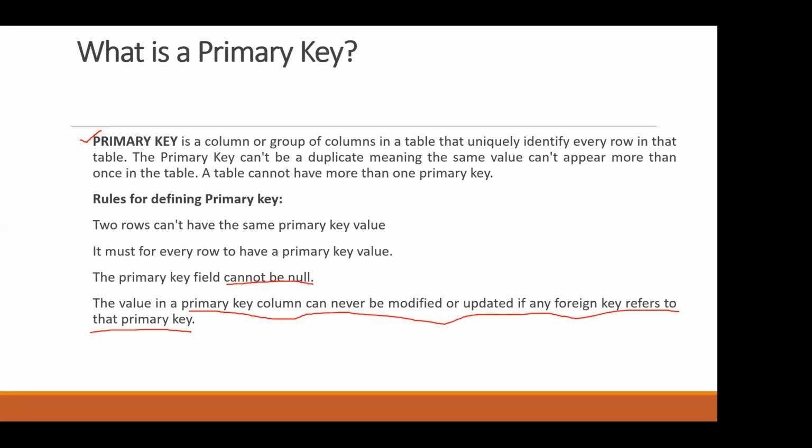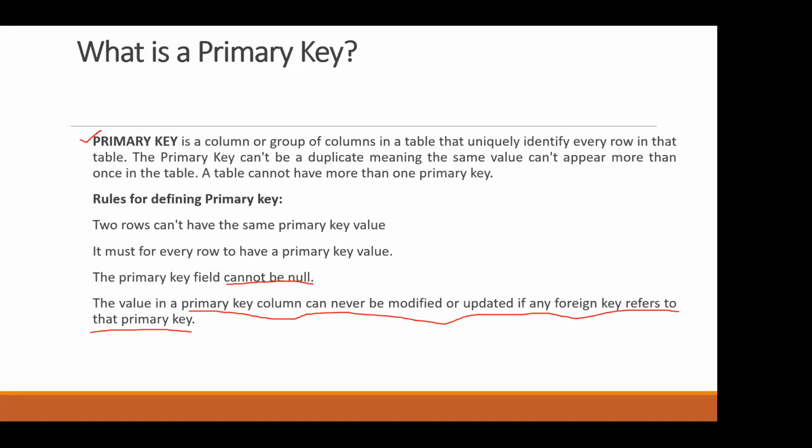You cannot leave it blank. If you leave it blank, the DBMS will consider it a default null value. If there is a null in the primary key, then we cannot consider that column a primary key. So the primary key field can never be null. Always give some value.